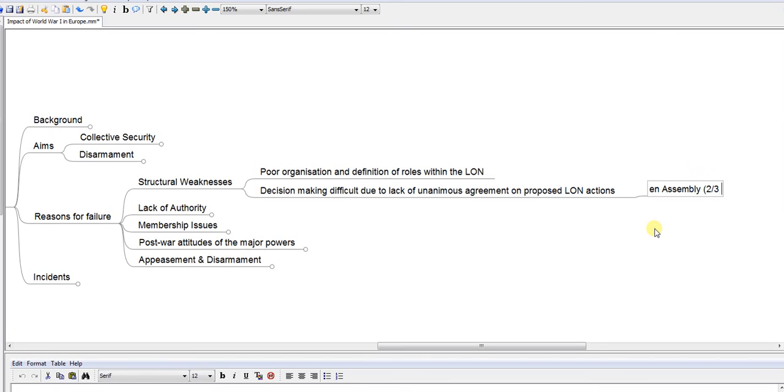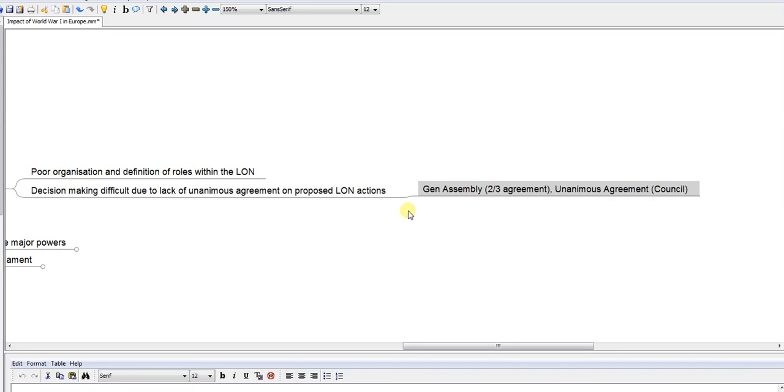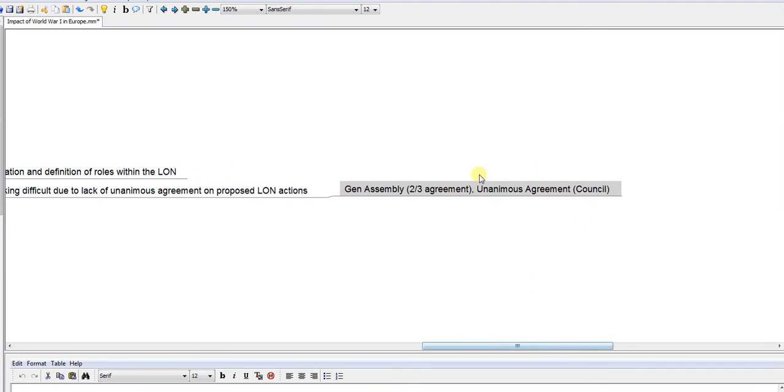You needed a two-thirds agreement for an action to be taken, and a unanimous agreement, which means everyone must agree, for the council, which is basically made up of 8 particular countries at any one point. So if they discuss, two-thirds of the General Assembly, made up of 40 plus countries, must agree to that action, and the council itself, which is the top, so for example, it's like the